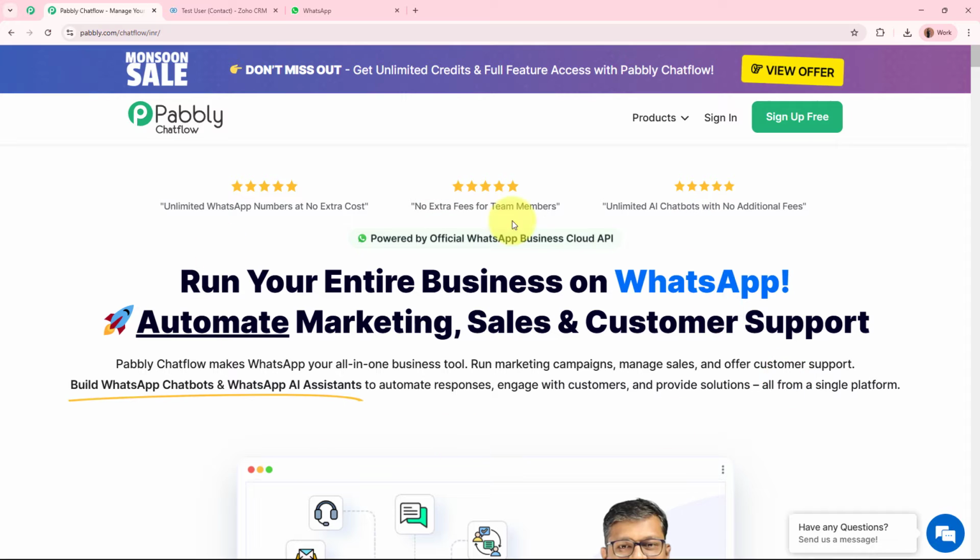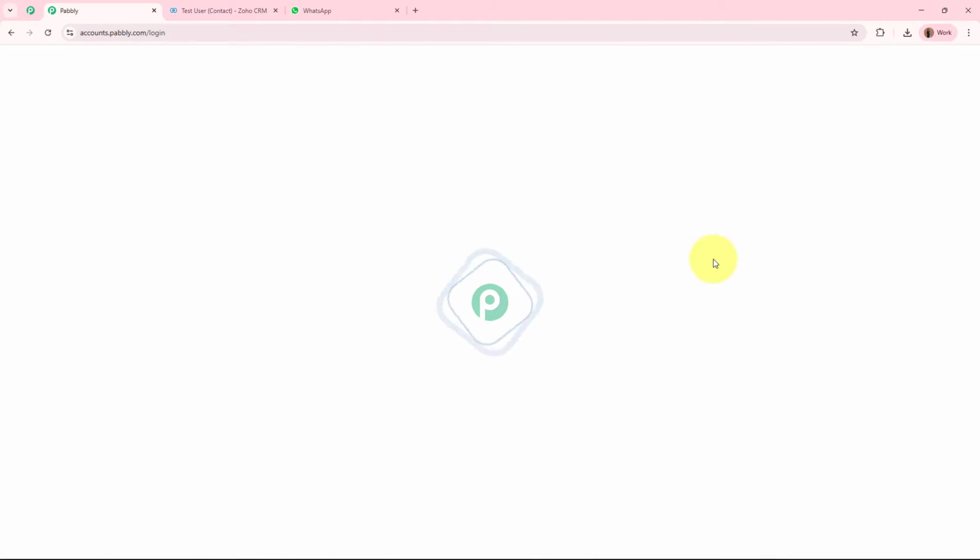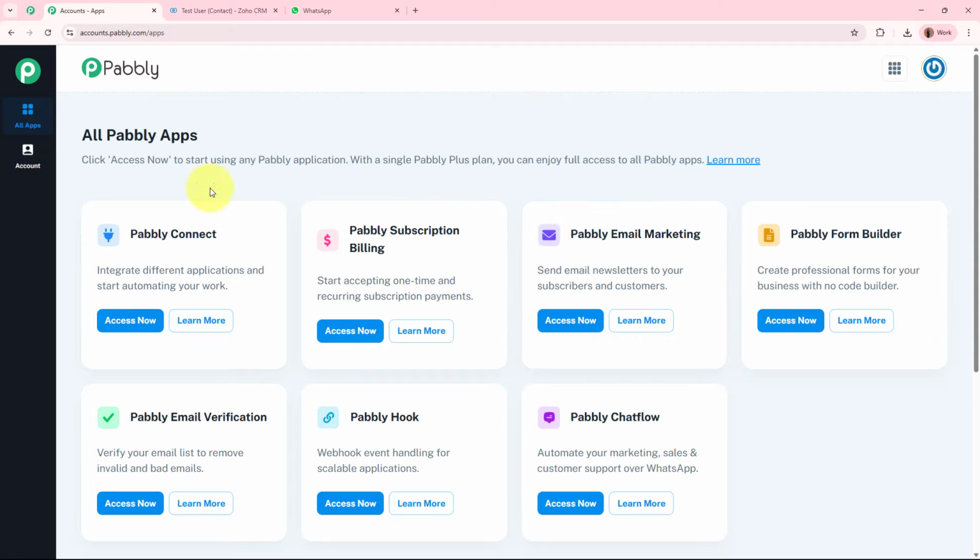Now let us create this amazing chatbot using Pabbly Chatflow. On the landing page, you will find two options, that is sign in or sign up for free. If you're an existing user, you can directly sign into your Pabbly Chatflow account. But if you're a new user, you can sign up for free and get 100 free credit points every month. I'm an existing user, so I'm going to directly sign into my Pabbly Chatflow account, where you will find the